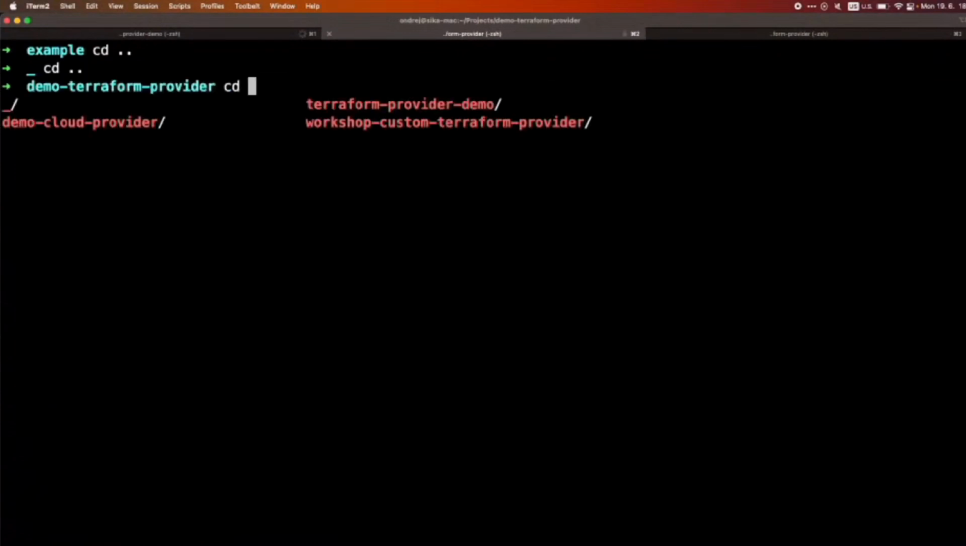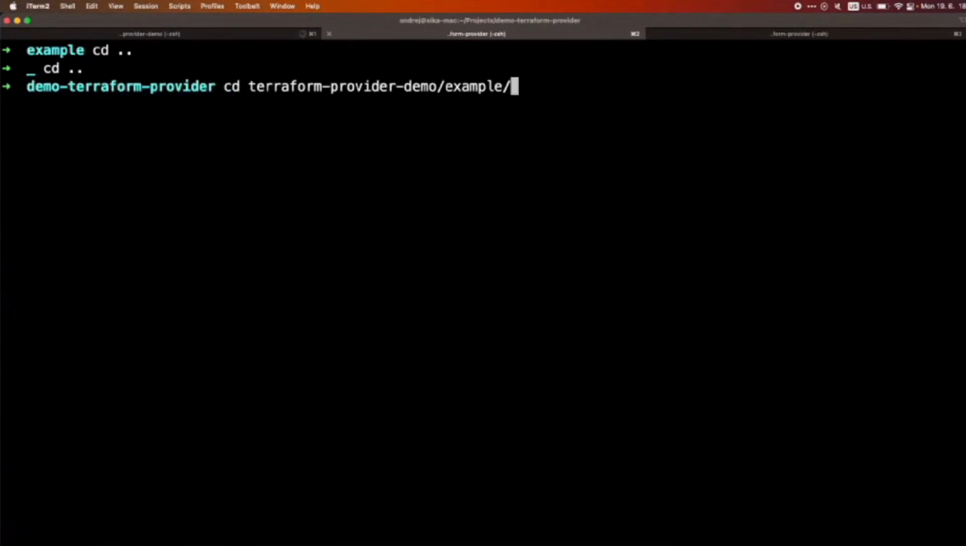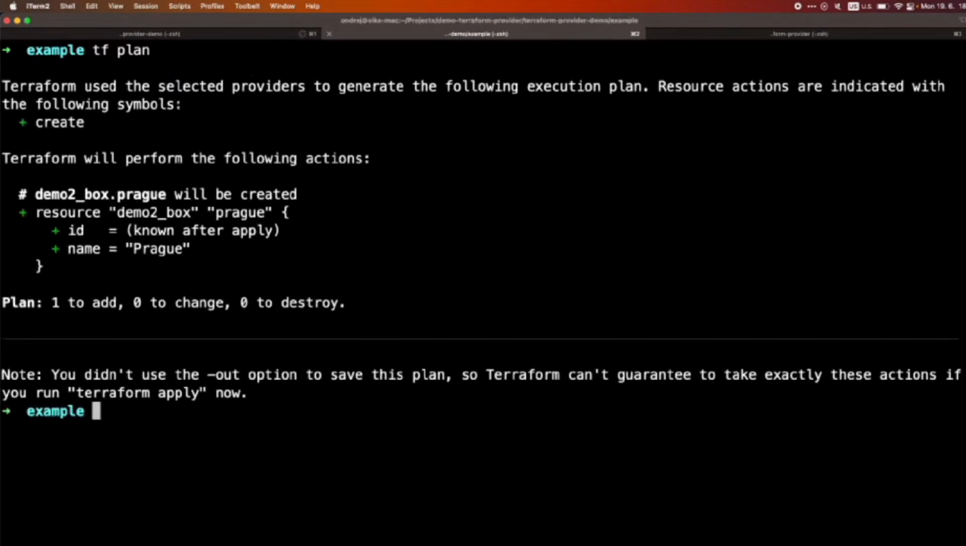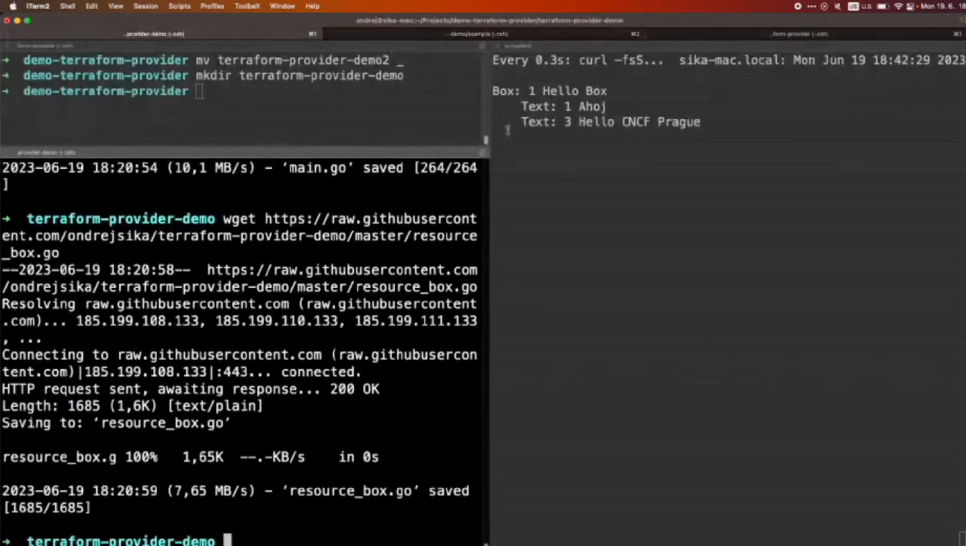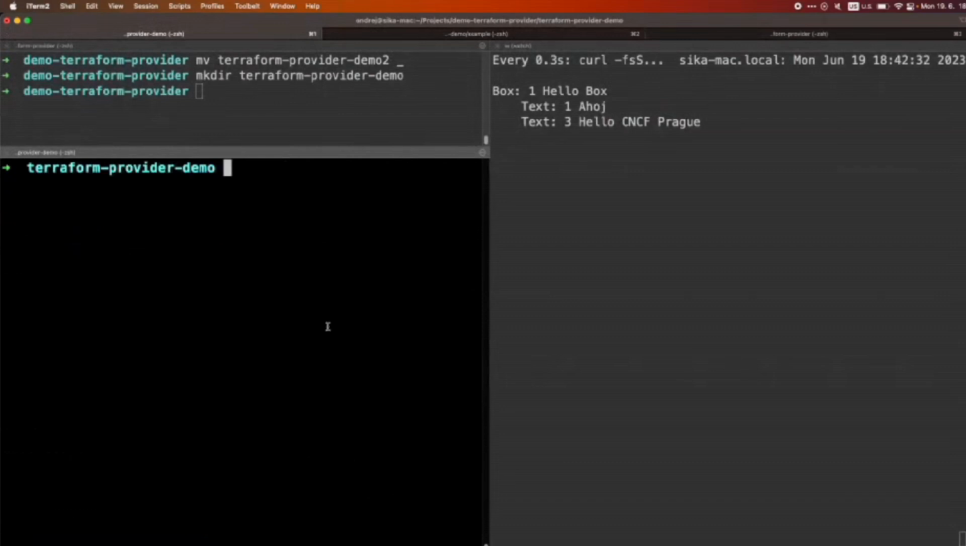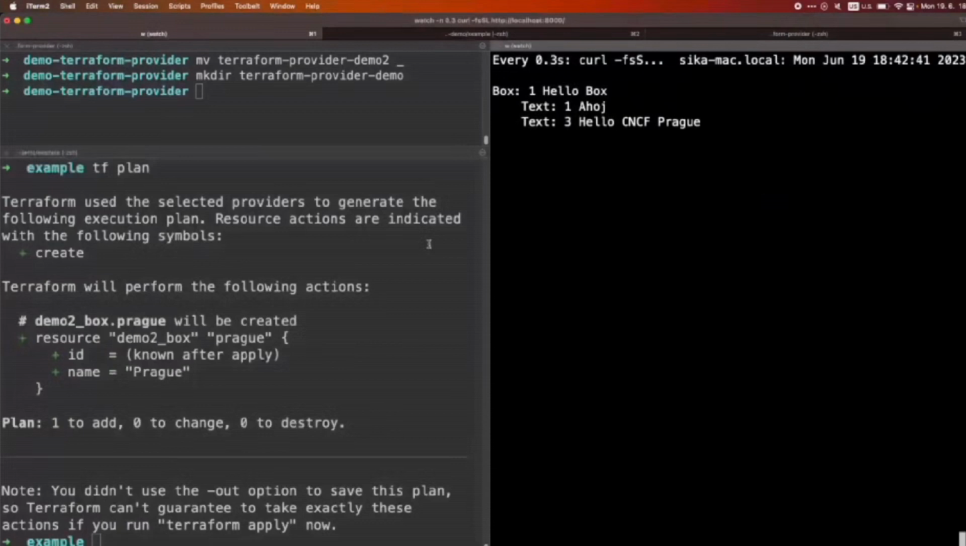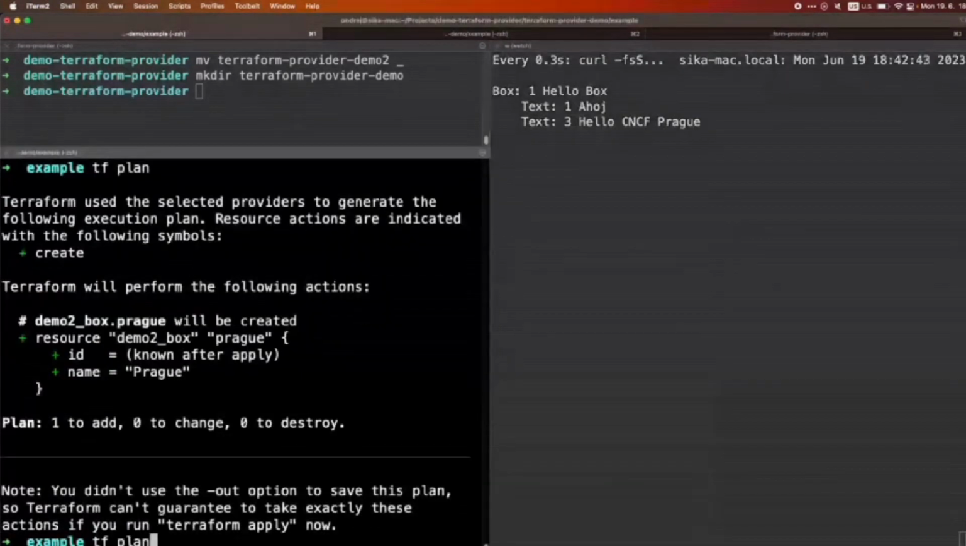So basically, cd Terraform provider demo example, and we can try it. Terraform plan, and you'll see the plan. Yeah, we will create this object. Yeah, maybe this will be better, because if I go here, cd example, Terraform plan, you'll see the plan. You see the live output here, and if I try Terraform apply,